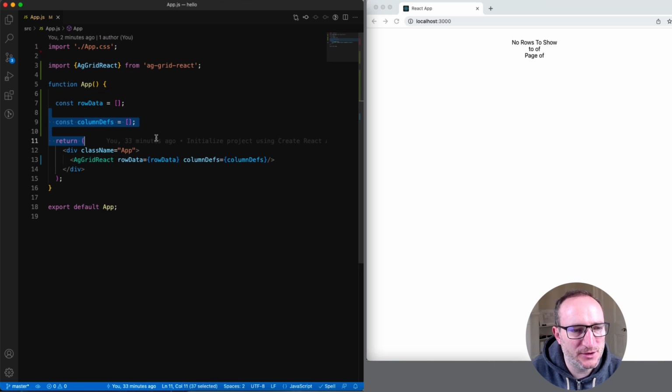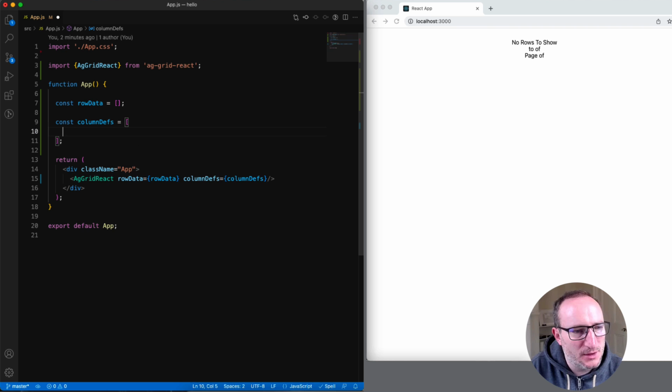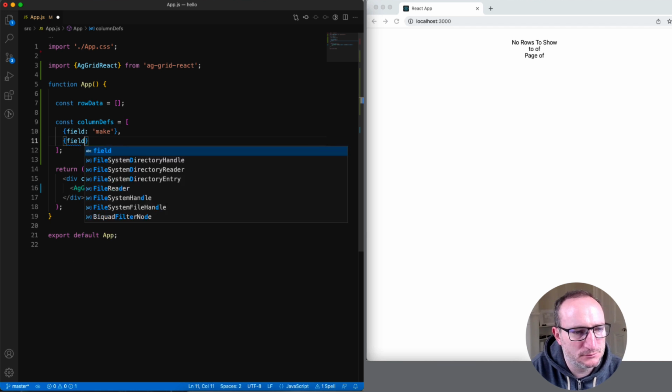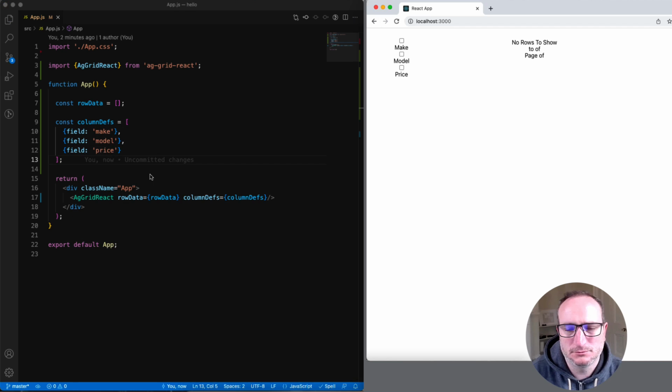The column data here is column definitions. Each object put in here will define one column. I'm going to define 3 columns: make, model, and price. The columns have appeared on the right here, but they look a bit crap because we haven't imported the grid